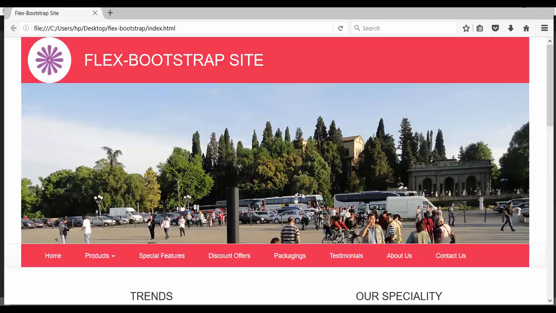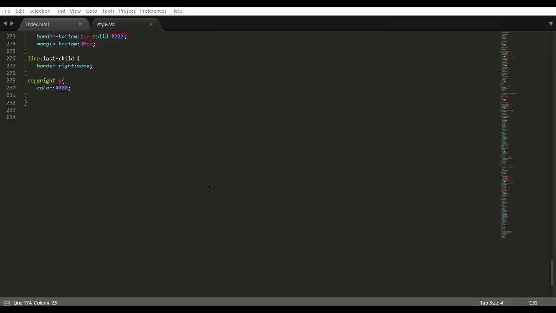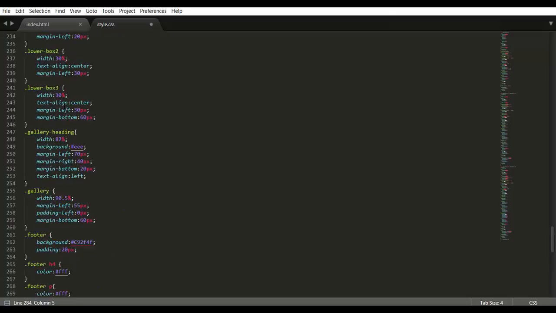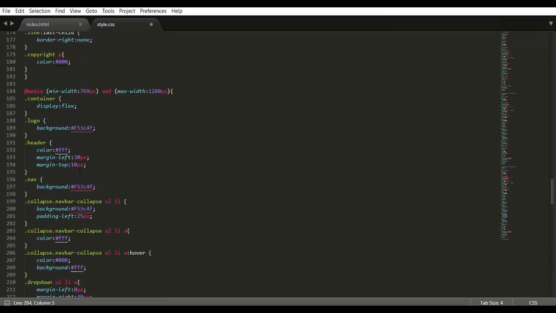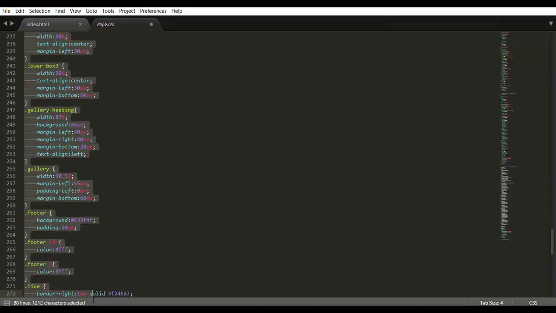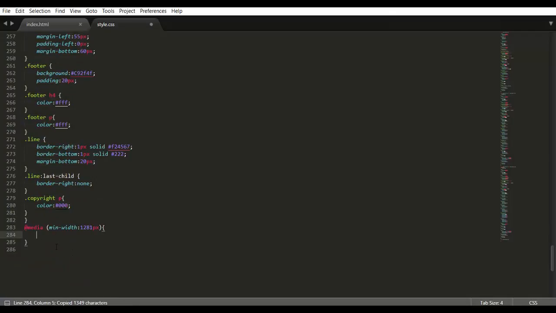So there are two options for us. We define a media query for viewports above 1280 pixels. For that, let's say @media is a min-width 1281 pixels. This will cover all the viewports above 1281 pixels. So let's come and copy the entire code from 1280. If you paste it here,